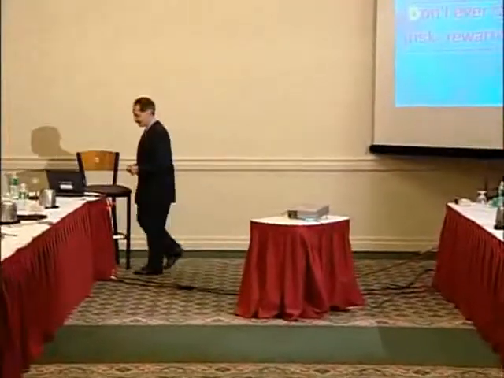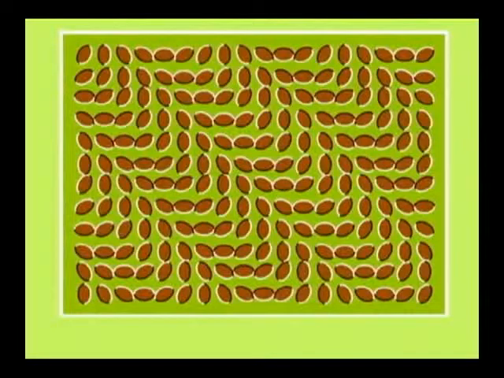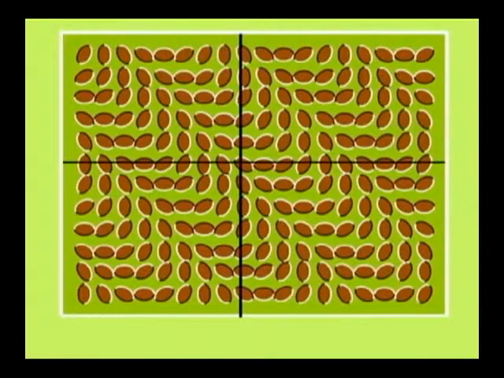And I found this optical illusion here. This is pretty neat. Let's see if this works. Now you see them all moving around. Does that work on here? See it all shifting around, all like psychedelic. But they're really not. Okay, I'm going to put this line here. Just focus on one of them. Just one of these little peanuts or whatever they are. You can see it doesn't move. It stops moving.